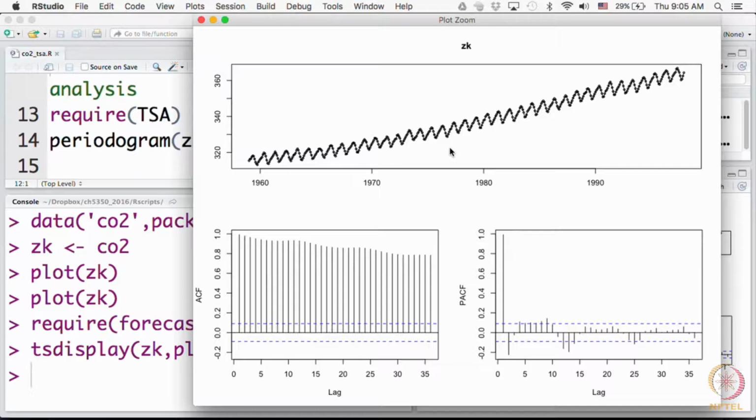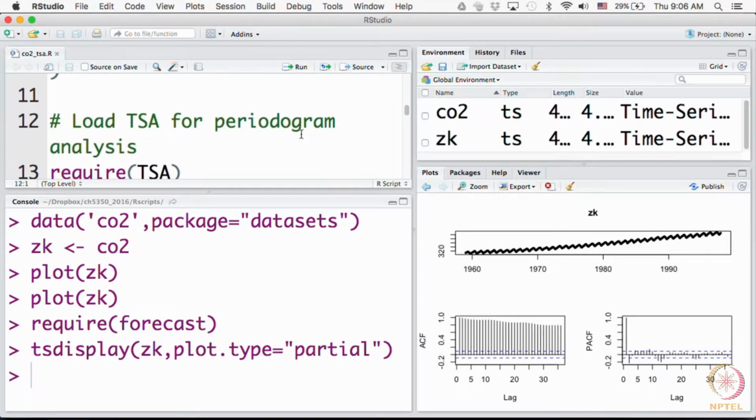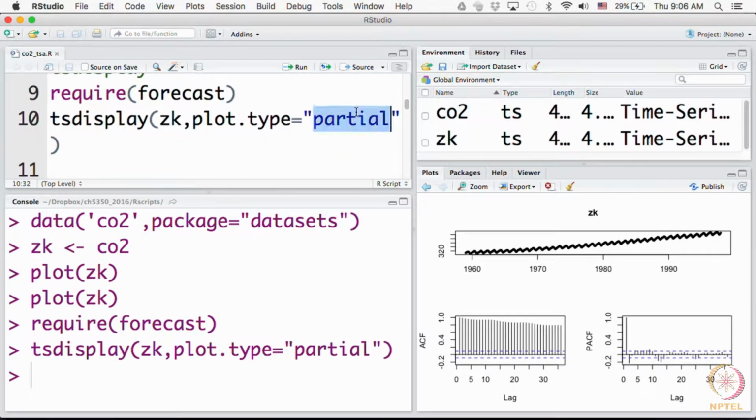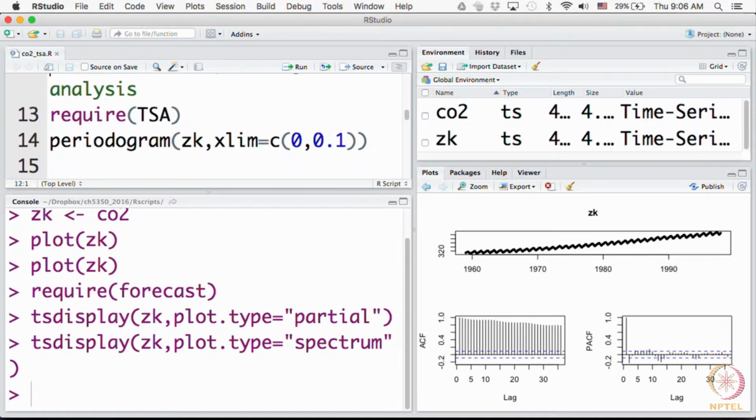Now, there could be an integrating effect on top of a drift, so again do not get carried away, but what we are sure of from the series is that there is a deterministic kind of trend, and the PACF is giving you some information. I should also tell you that tsdisplay allows you to display both the ACF and the spectrum. For example, here I have given type as partial, but instead I change this to spectrum, and then execute it.